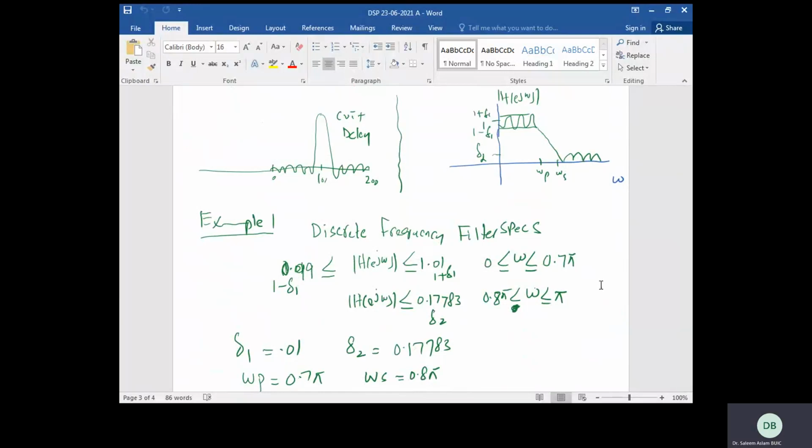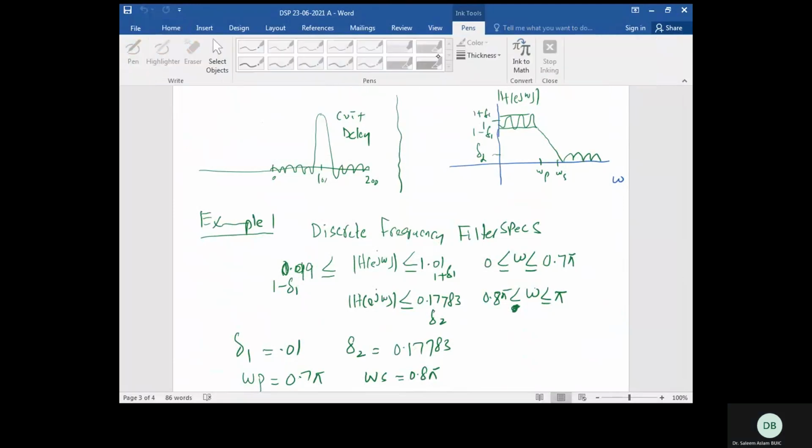towards you to design a low pass filter, he or she either brings these sort of equations. Let me bring them in the red color. Either they come up with the filter specification in equation form like this, or they may come up with it in pictorial form. Right, so you have either pictorial data or some mathematical data. So you have to understand both in order to